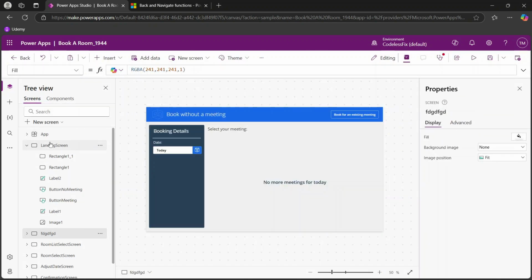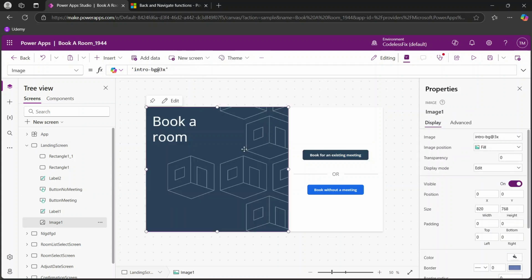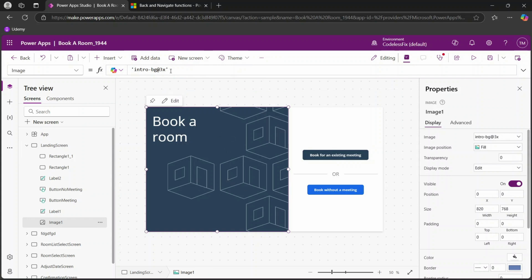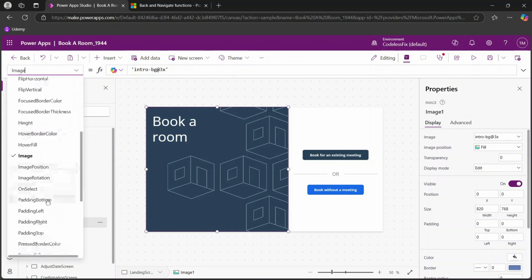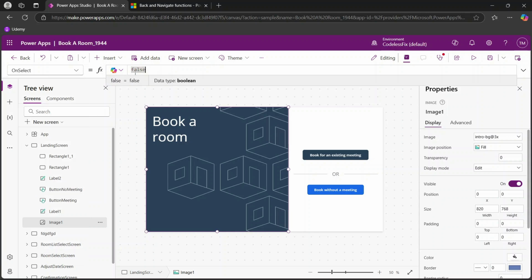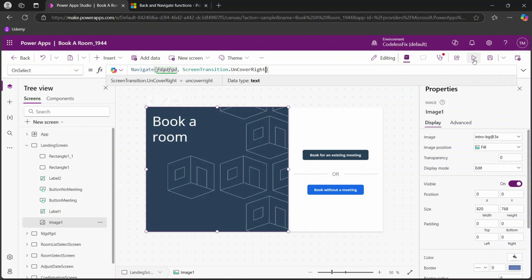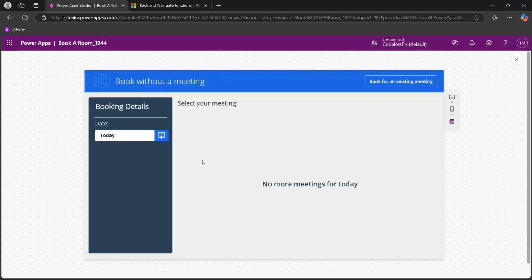So the idea here is really any option you choose. For example, this element here, you can actually copy this. If we copy all of this content and click on this element, we would want to find over here the OnSelect option, which is disabled or just set to false, and we'll paste this in. Now we could choose a different screen transition for this. For example, if we put UnCover.Right, now when we select this, you'll see it slides over